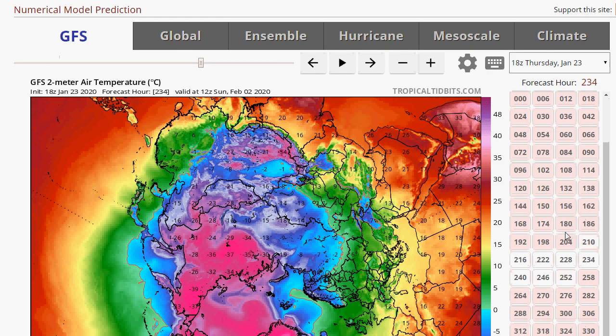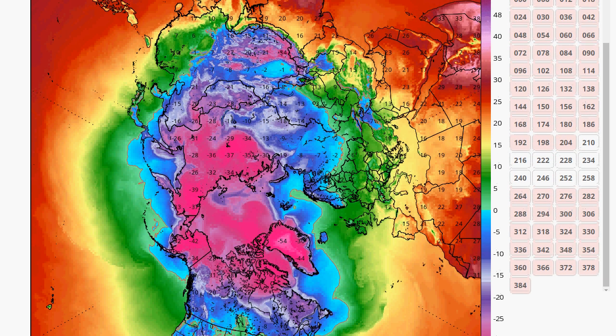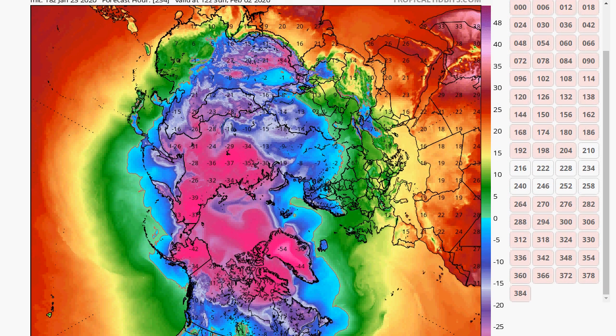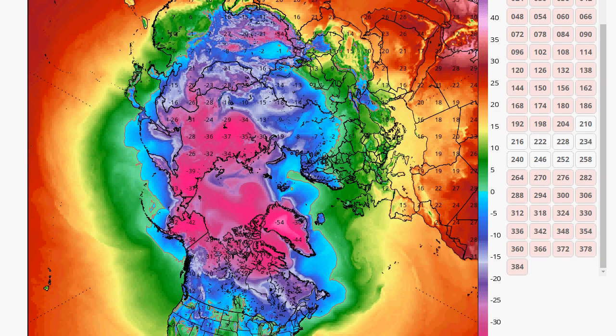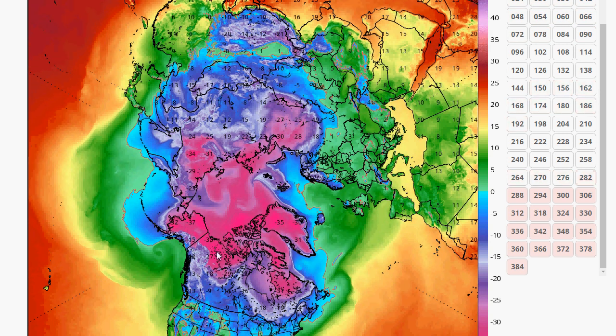Let's take a look and see. So you can see there's a lot of cold air up there in the Arctic Circle. This is going to be a little tricky here. So this is the whole northern hemisphere here, the air temperature. All right. And you can see that over the Arctic Circle, over Alaska, over extreme Arctic Circle, it's